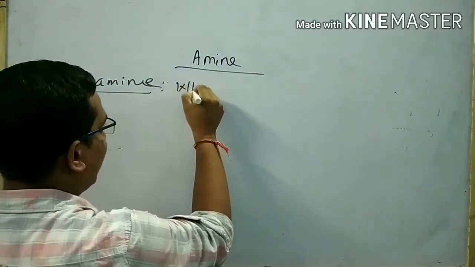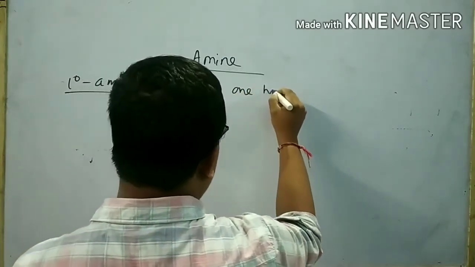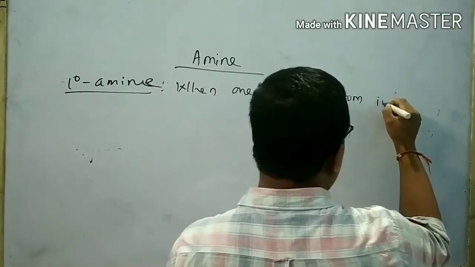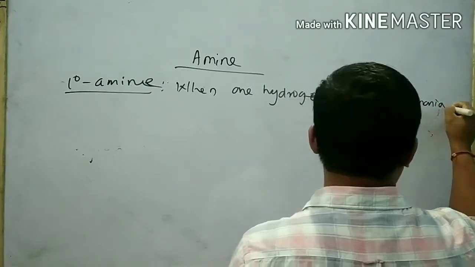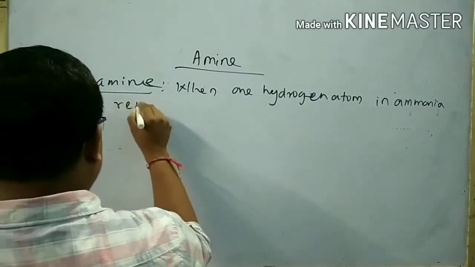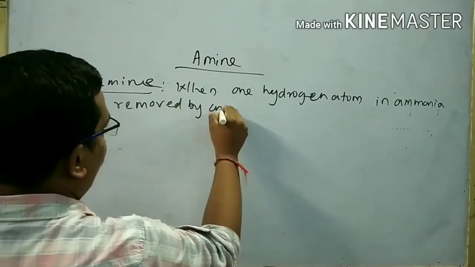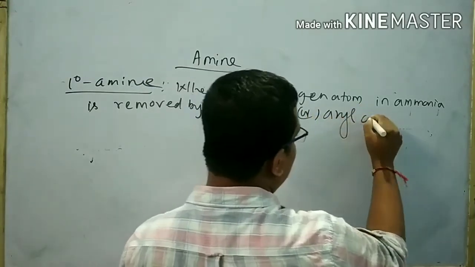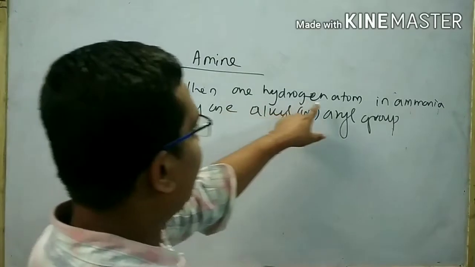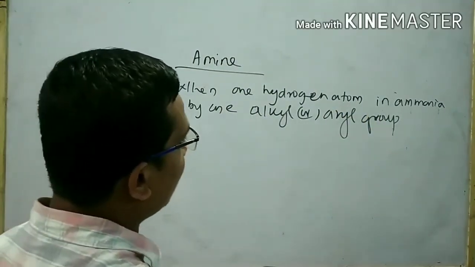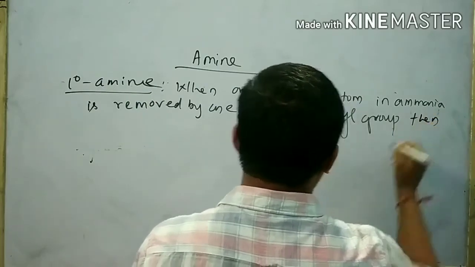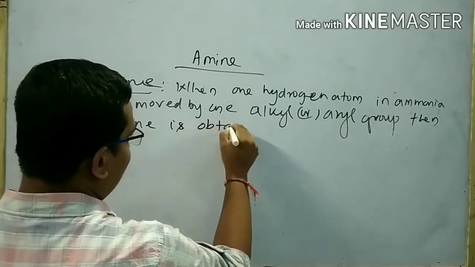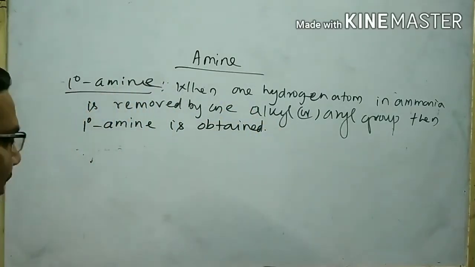When one hydrogen atom in ammonia is removed by one alkyl or aryl group, then 1 degree amine is obtained. Take an example,